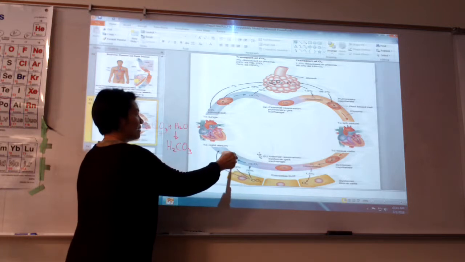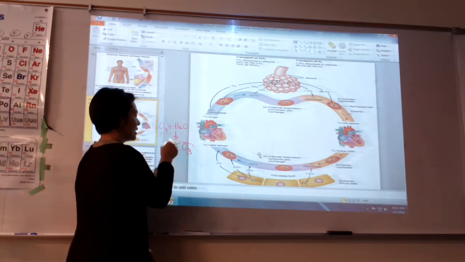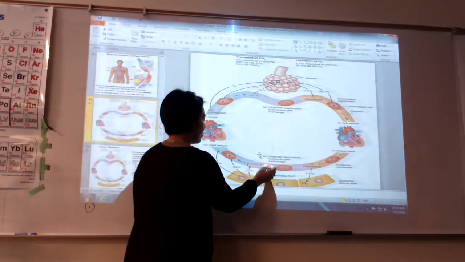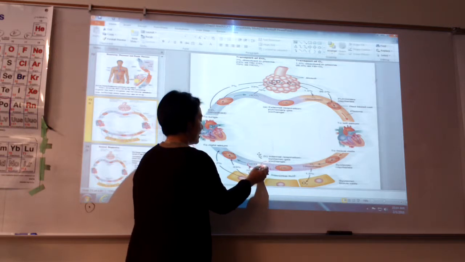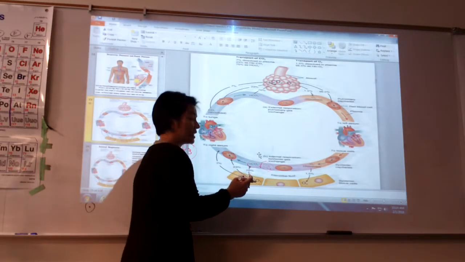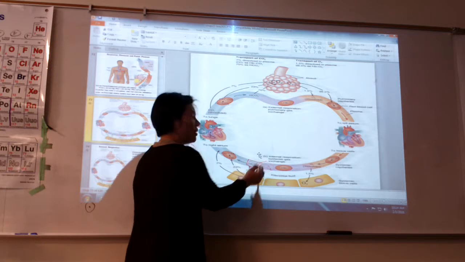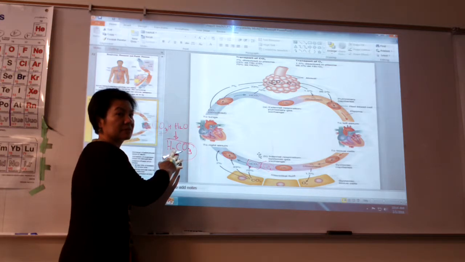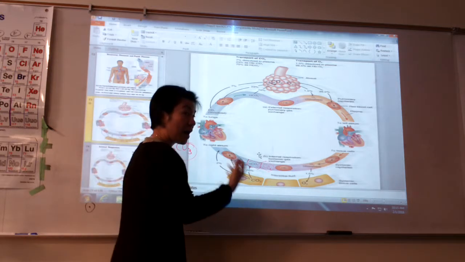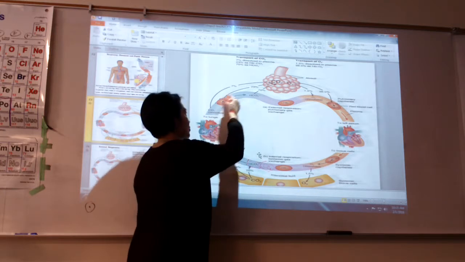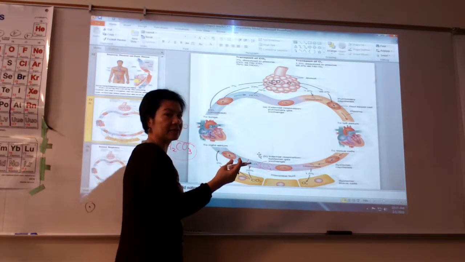So as it travels to the lungs, it can travel as carbonic acid, bicarb, or plain carbon dioxide right here in the plasma. The main way that our body transports carbon dioxide is as bicarbonate. We don't let it stay as acid because acid is dangerous. So our body tries to keep it as bicarb and on its way so you can blow it off as carbon in the air. Okay?